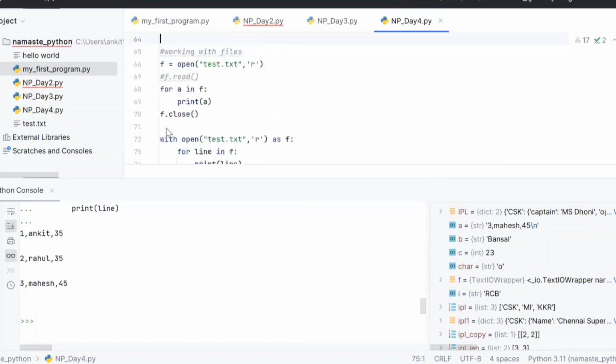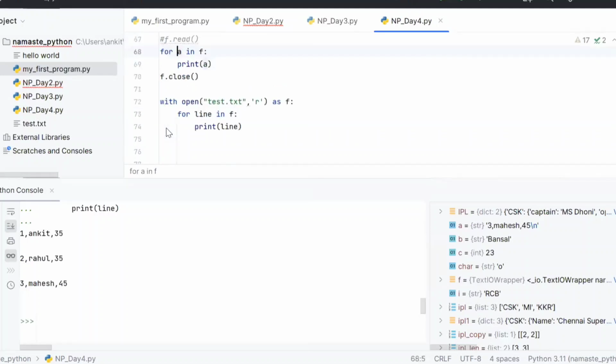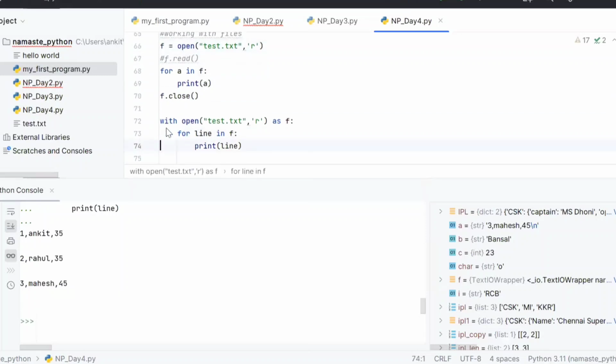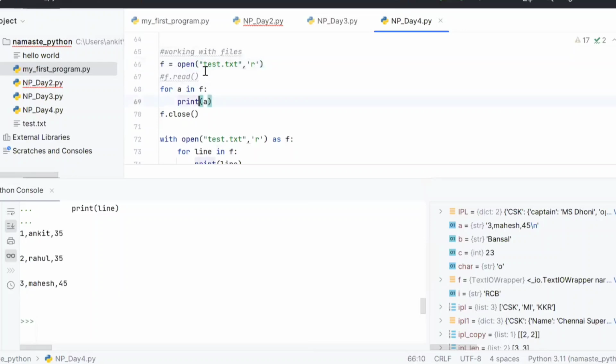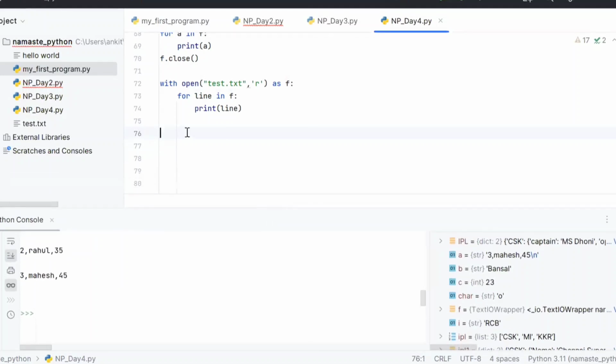Okay, Ankit, what do you suggest? Which should we use, start with "with" or directly open? Anything is fine, both are absolutely fine. You just have to make sure you close the file. That is the only thing. There is no preference as such. Performance wise also both are the same, right? Yeah, there is no issue with the performance optimization or resource consumption.